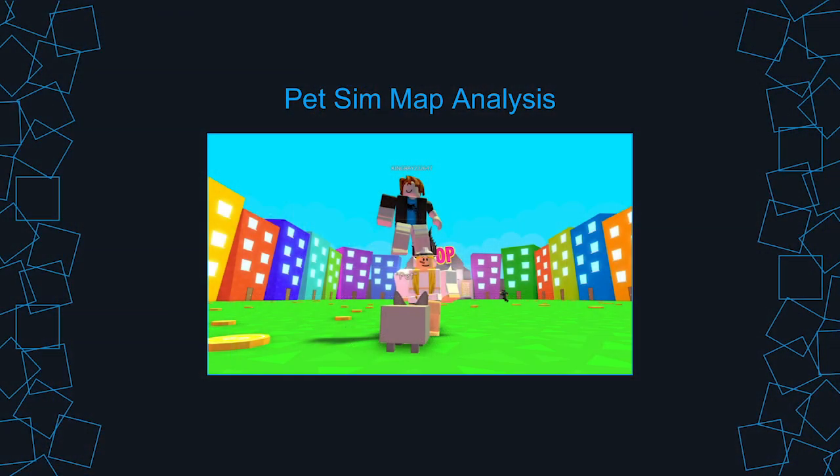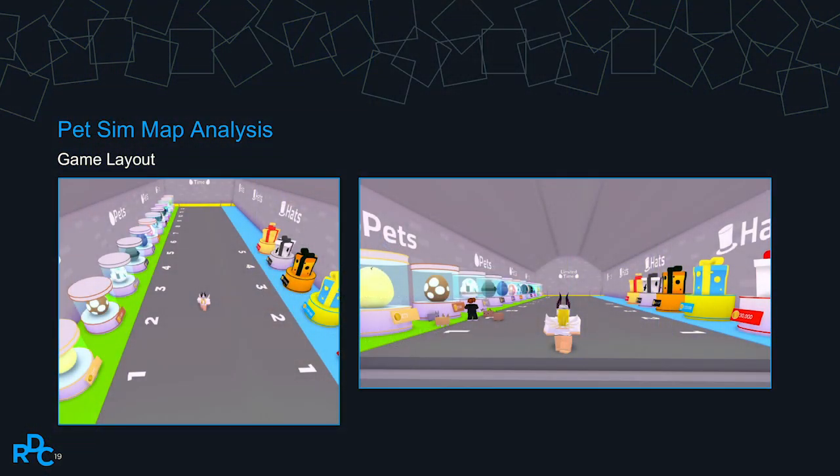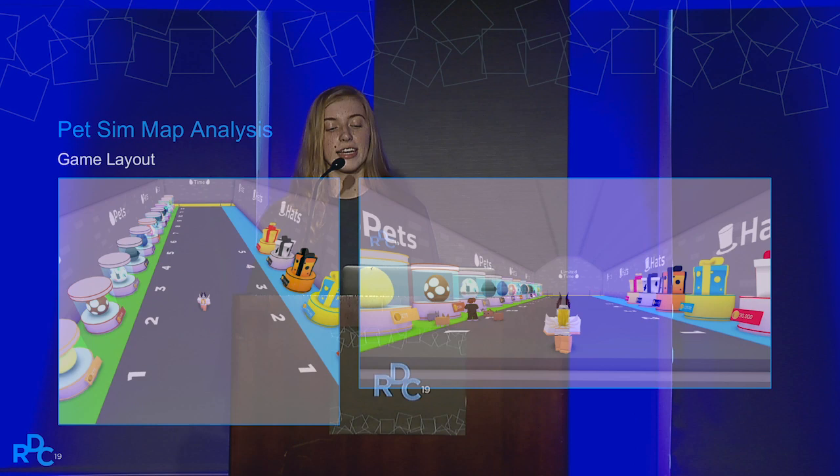And then I'm going to talk a little bit about Pet Sim because I think Pet Sim has a very linear design, and throughout the map, each new zone brings something a little bit more exciting and new to the user, so they always want to keep going forward. If we take a look at where they're selling their eggs, it's very linear, and it's easy to find your friends because the lobby is centralized and the map is